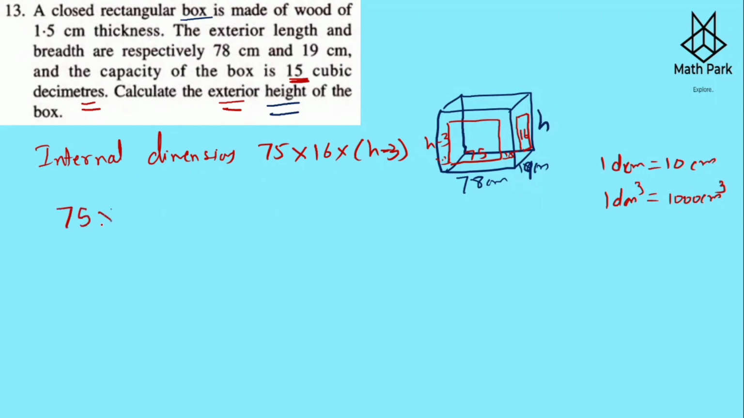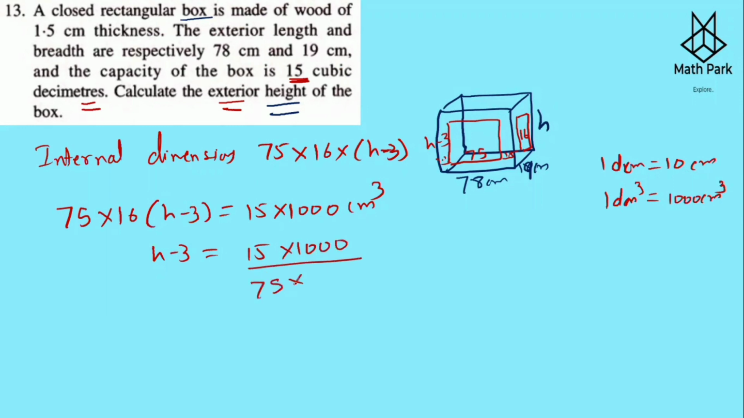The volume is length into breadth into height is equal to 15 multiplied by 1000, because this is given in centimeters. So this has to be in centimeters only. So h minus 3 we keep here, 15 into 1000 divided by 75 into 16. 15 ones and 15 fives are 75, 5 ones are 5 and 5 twos are 10, so 200. So 4 fours are 16 and 4 fives are 20, so 50. So you get 50 upon 4, 4 ones are 4, 4 twos are 8,